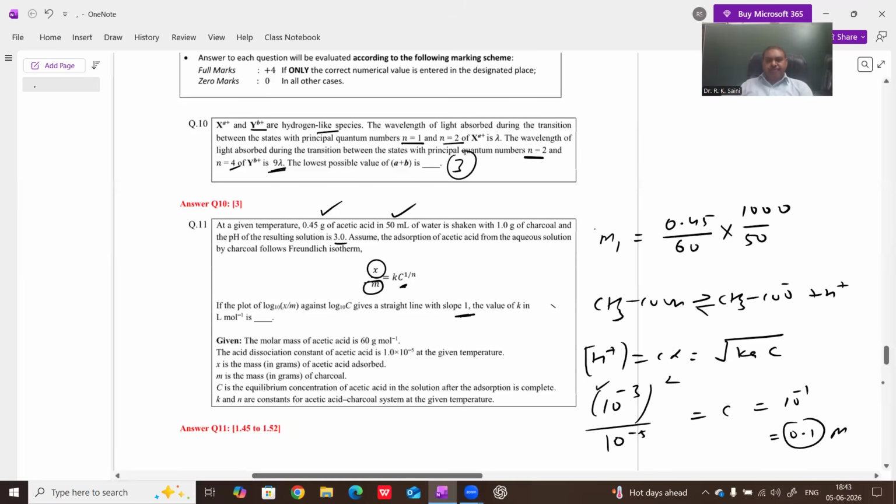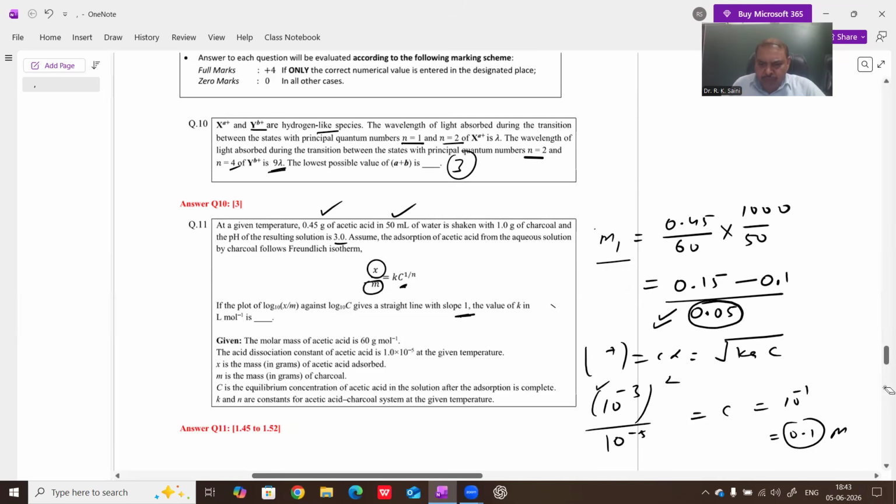After adsorption, this is the concentration; before adsorption, or initially present, on solving this equation, the concentration is 0.15 M. After adsorption, the concentration of the solution is 0.1 M. And hence this much concentration remains in the solution, or is the adsorbed amount. This many moles are present in the 1 liter.